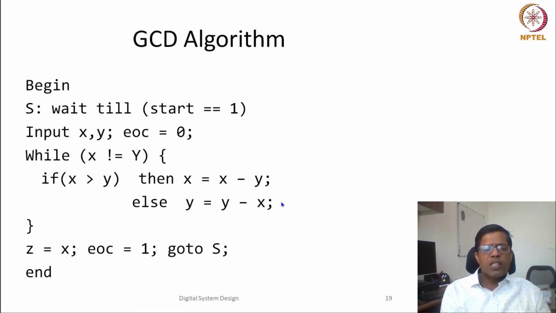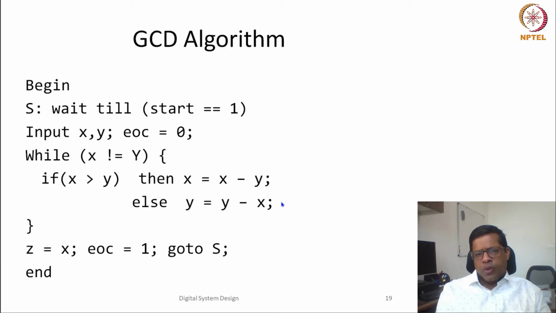There are multiple GCD algorithms which are popular. The fastest algorithm for calculating the greatest common divisor is by dividing. But here, instead of division, we are using subtraction, because subtraction is a faster operation than division. So that's why we are taking this simpler operation. It can still be done using division, but yeah.